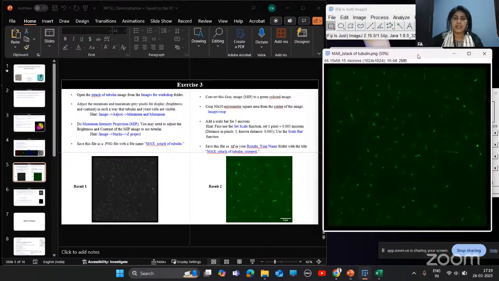And next you need to crop this image in a 30 by 30 micrometer square area from the center of the image. For this, we'll select this tool and draw this square area in the middle of the image. Here you can check its size in width and height.